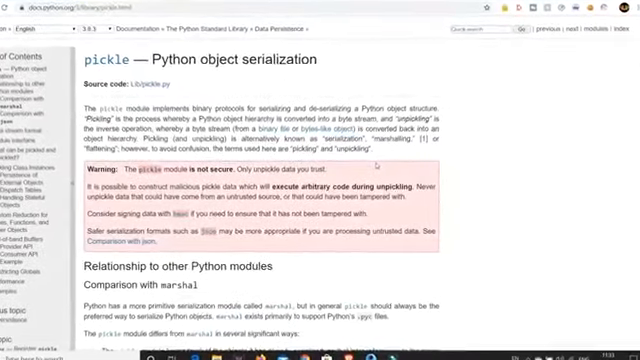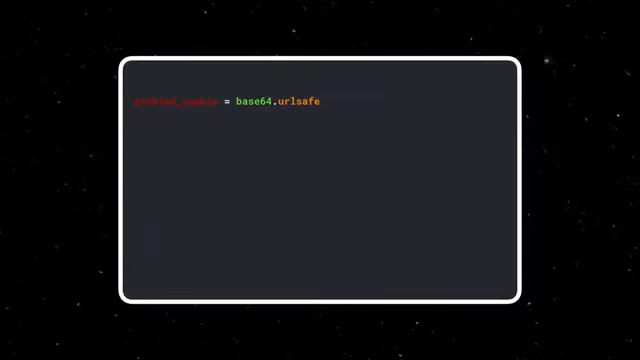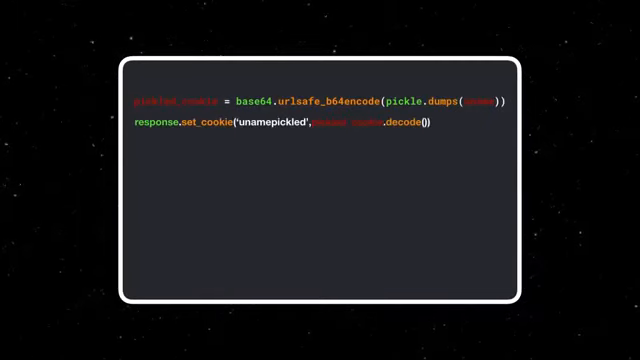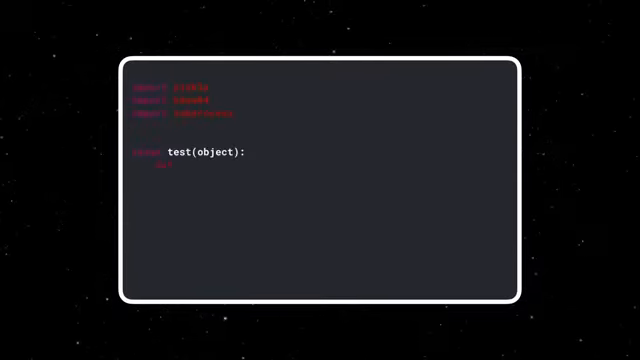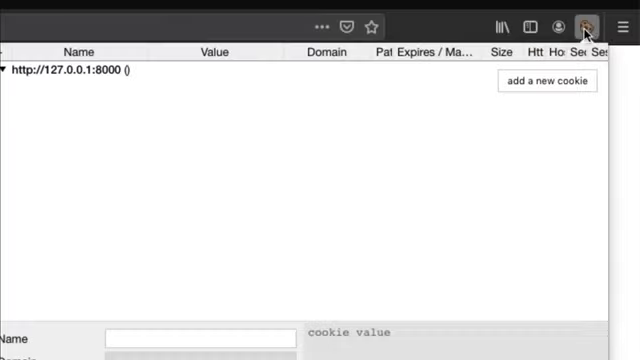For example, consider that a website is using the pickle library in Python to serialize and deserialize data. The server serializes some data and writes them into cookies. The cookies are then sent to the browser. Now a hacker can take advantage of this by replacing the cookies with a serialized Python object, which looks like this. When this object is serialized with the pickle library and sent to the server in the form of a cookie,